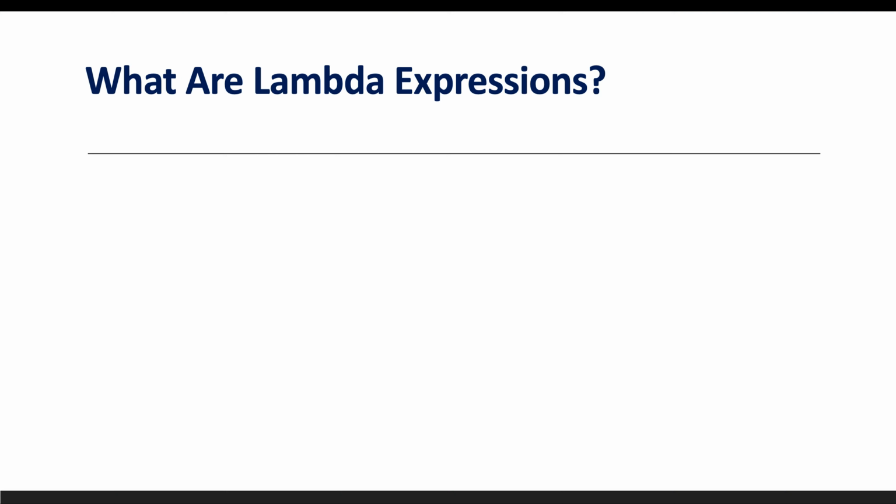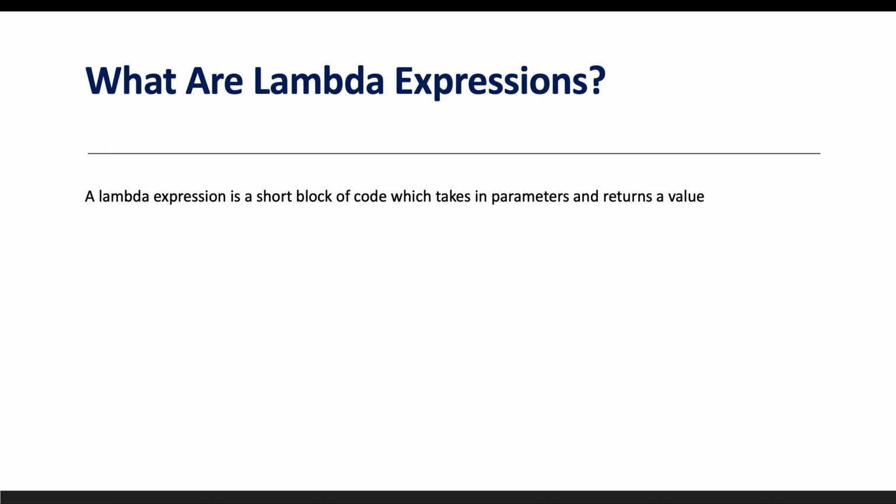As the name suggests, a lambda expression is going to be some sort of expression only. Basically, it is going to be a short block of code which takes some parameters and returns some value. So a lambda expression is simply a function without a name. We are already familiar with a function without a name, right? Something like anonymous. But a lambda expression is not anonymous. It is quite different, but similar to that.